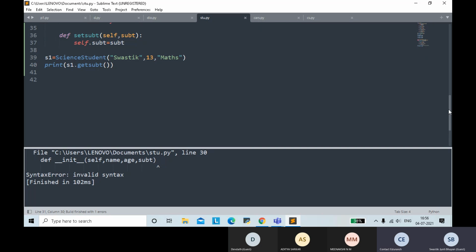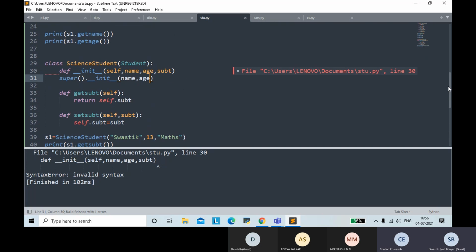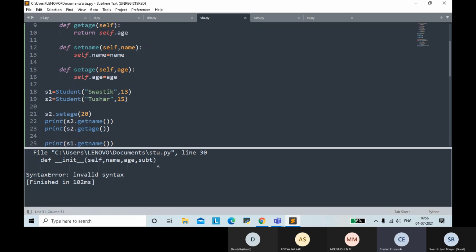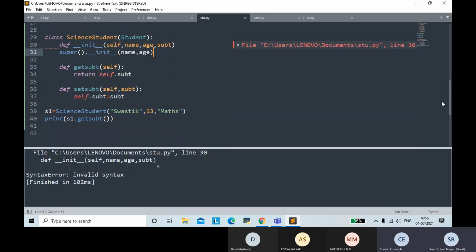What is it saying? Go to line number 30. Your definition, initialize, self, name. Do you have all the indentation correctly? No, you have forgot colon. You have forgot colon in the name. See, definition.